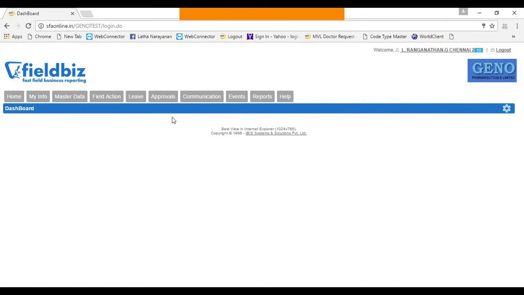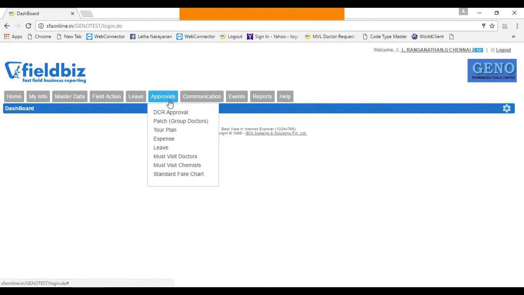and as you can see, there are various links from home to help. But when it comes to approval at various stages, we have to click on the approval button. There are various approvals where a manager can approve a lot of things. For example, we'll start with a doctor who needs to be approved before he is taken into the doctor list. When a medical rep sends the doctor for approval to a manager, the manager can click on this must visit doctors,